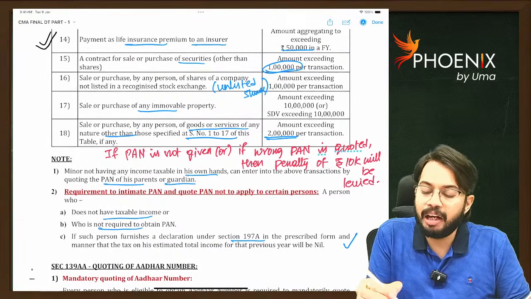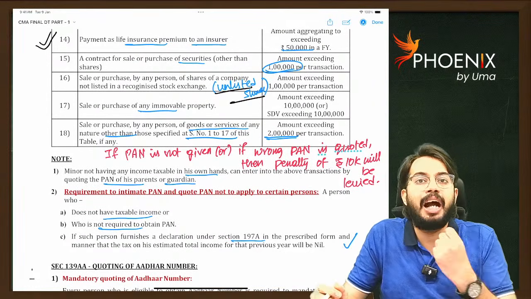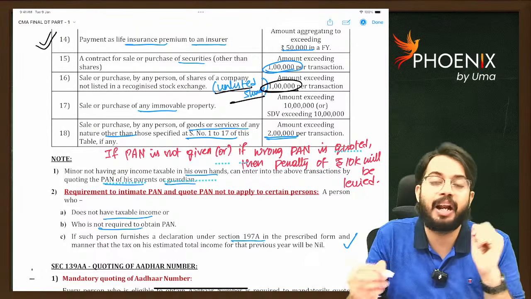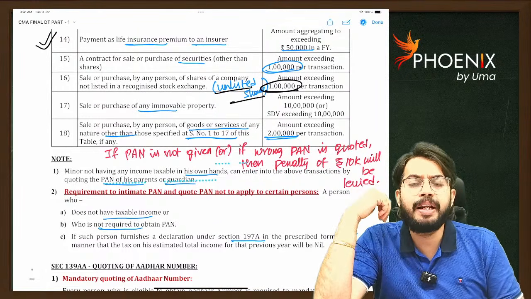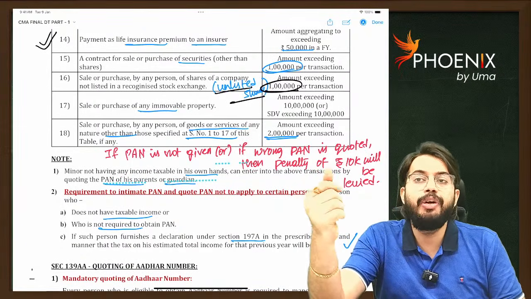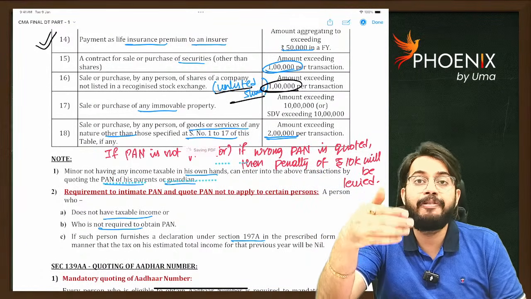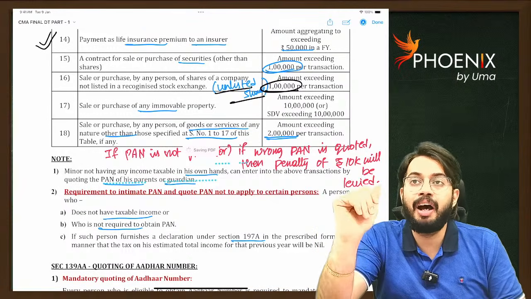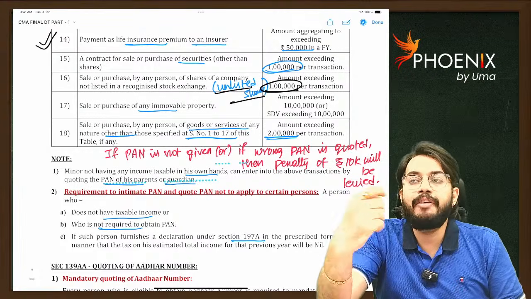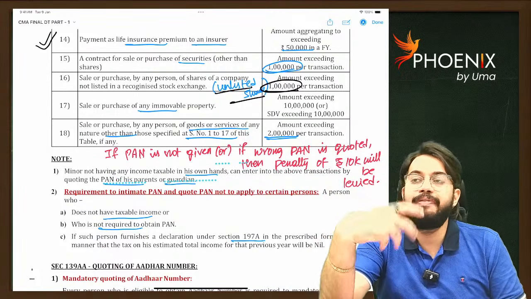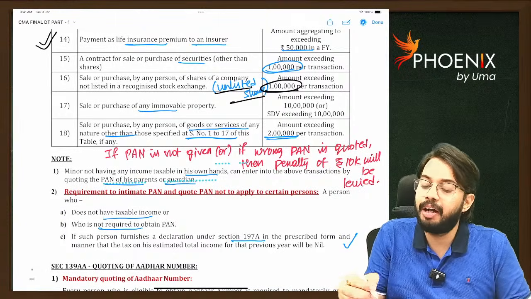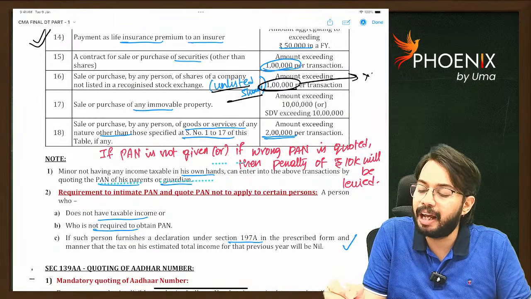Similarly, whenever you are buying and selling unlisted shares, and the amount is more than 1 lakh per transaction, PAN is required. You have practical experience of filing ITR, right? Whenever there is buying and selling of shares, you need to file ITR-2. Similarly, for a company we need to file ITR-6. So when filing ITR for a company, as well as whenever there are capital gains, we need to give our PAN number if the amount of transaction is more than 1 lakh rupees.